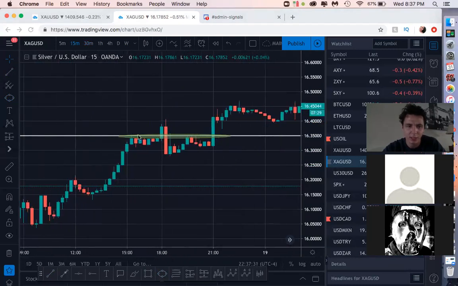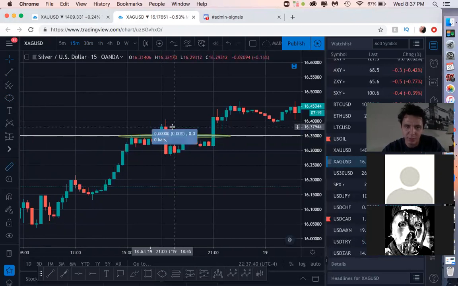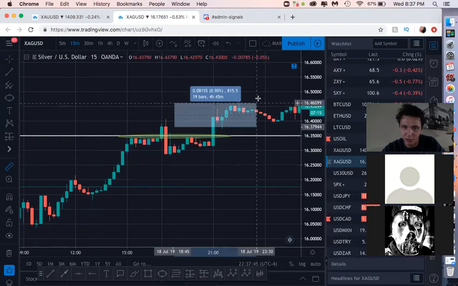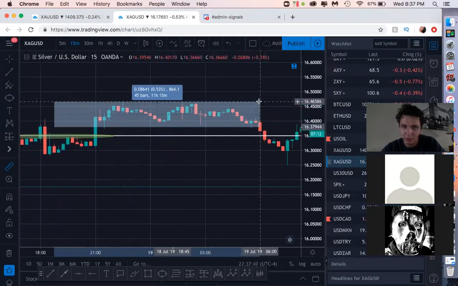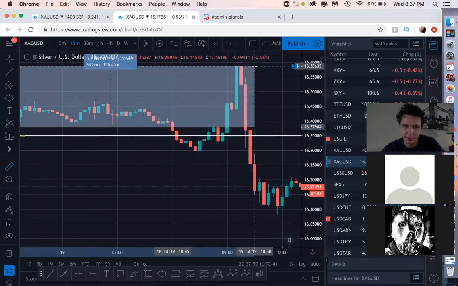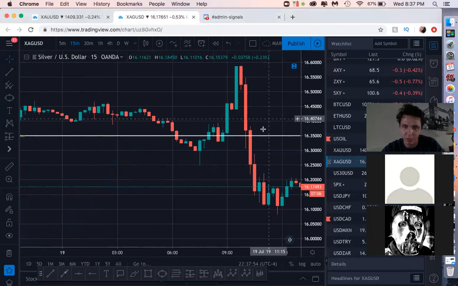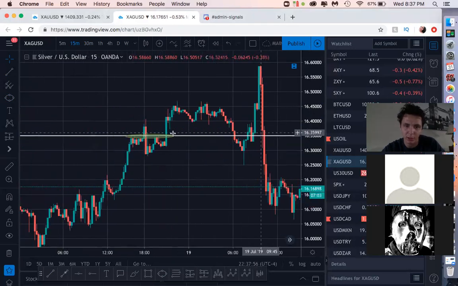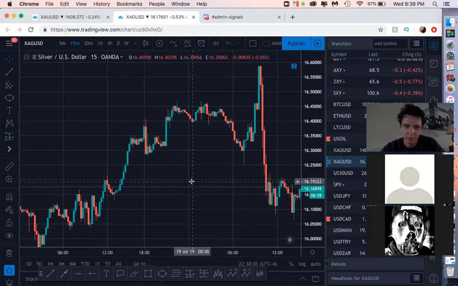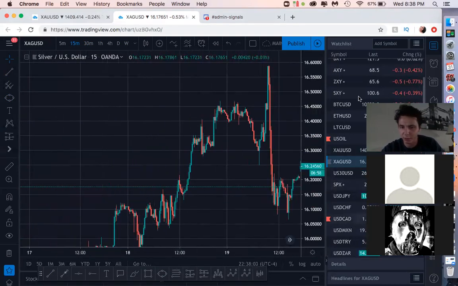And even if you were looking at the 15 and got in on this, the same thing still holds true. If you got in here, your max drawdown might have been 100 pips, but you could have yielded anywhere from 100 or 80 to 200, depending on how your risk is and how strong your stomach is to hold these positions. But yeah, that's what I mean when I speak in terms of equal highs.